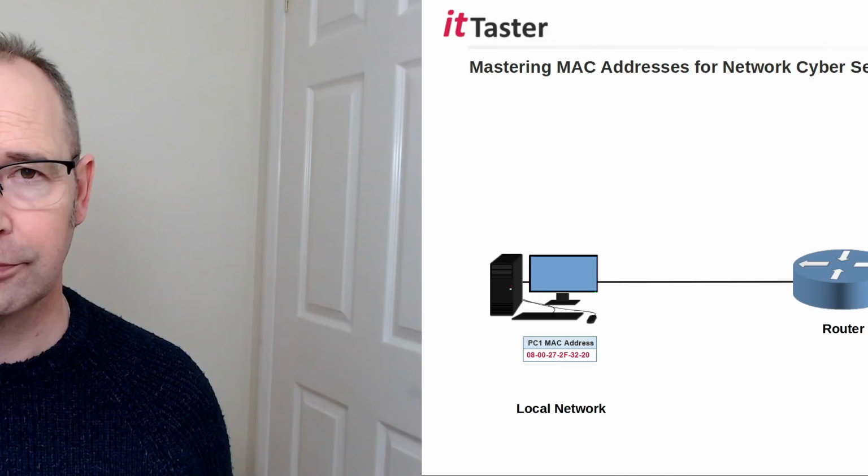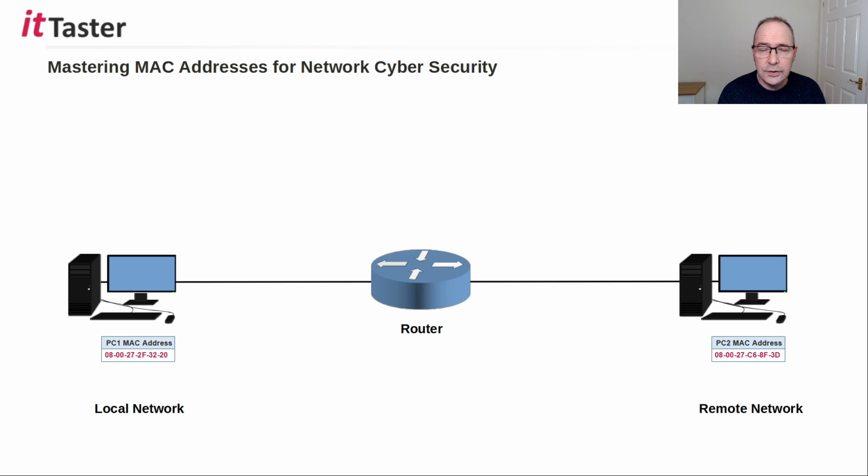MAC address spoofing isn't the only reason a MAC address can change, making it difficult to track a network device. The next thing we're going to cover may surprise you, and for that we need to take a closer look at the network itself. In this example, PC1 needs to talk to PC2. But PC2 sits on a remote network beyond the local network, and there's also a router in between them. So PC1 sends its Ethernet frame to the default gateway, which is the router's MAC address.